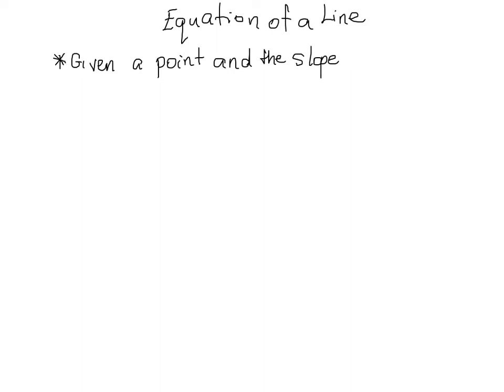In this video, we're going to look at how to figure out the equation of a line. In this case, we're going to look at how to figure that out given one point and the slope. Let's do that by looking at one particular example. In my example, I want to know the equation of a line that passes through (1, 3) with a